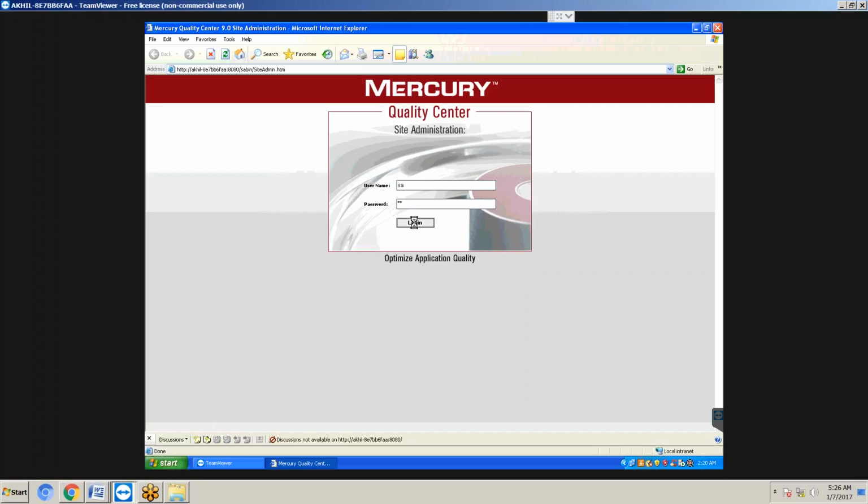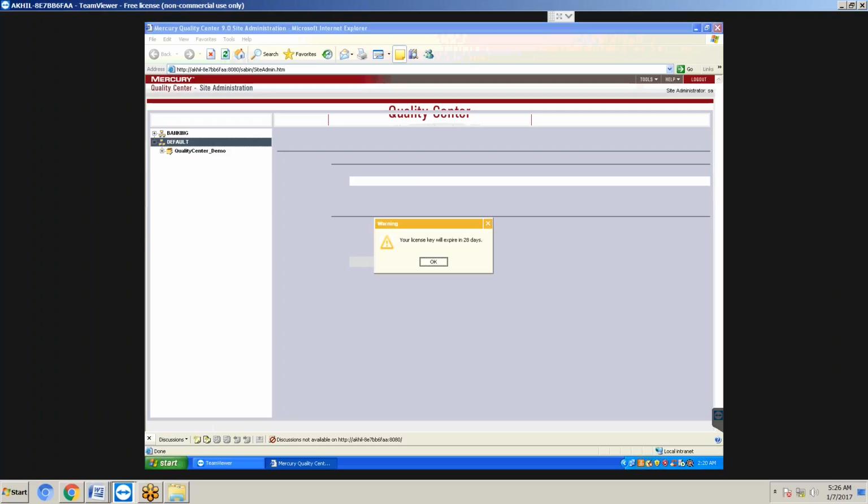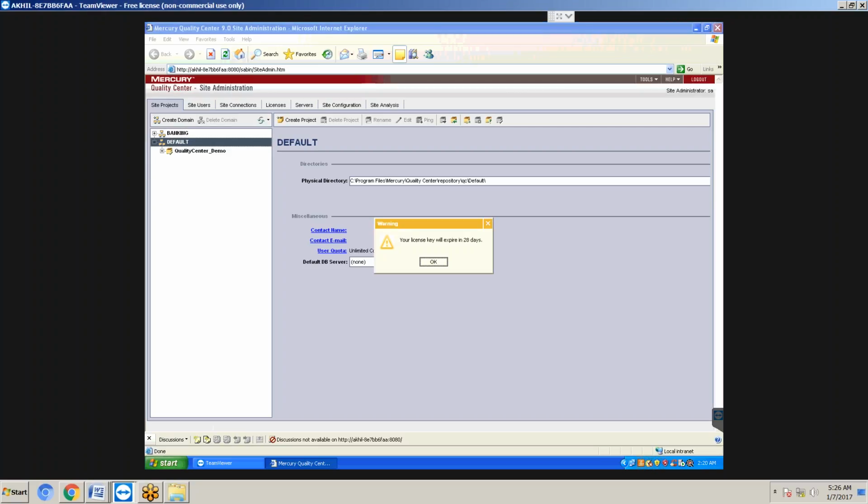Just take a book and pen and write down these steps. It is very important. If it is a small company, they will not give any username and password. You should create the username and password. If it is an MNC, no need. But if you got a job in a small company, compulsorily you should know how to create the username and password, and how to assign the project.